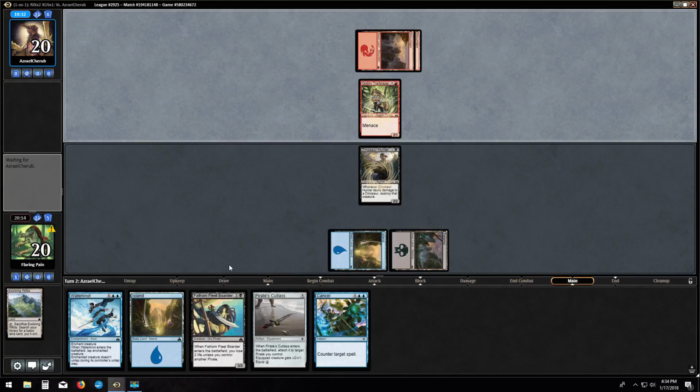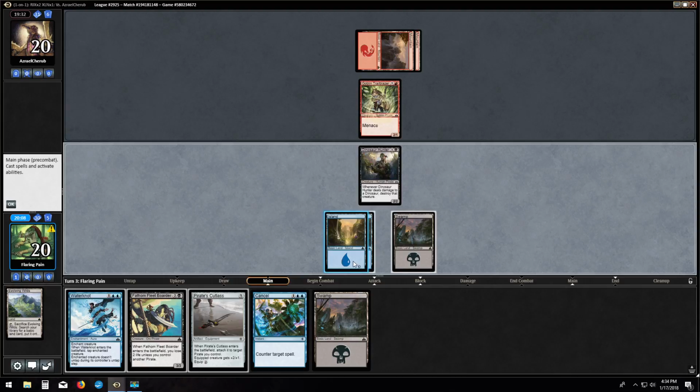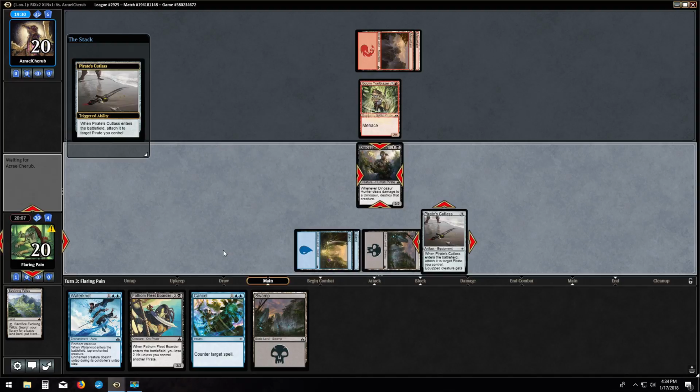2-1 with Menace. Yeah, so I think I kind of like playing the Pirate's Cutlass here, as it's going to kind of force the action. And it's going to let us go ahead and get in for 4. We won't have to worry that he's going to trade, because he will trade with this, because he's got good dinosaurs, so...